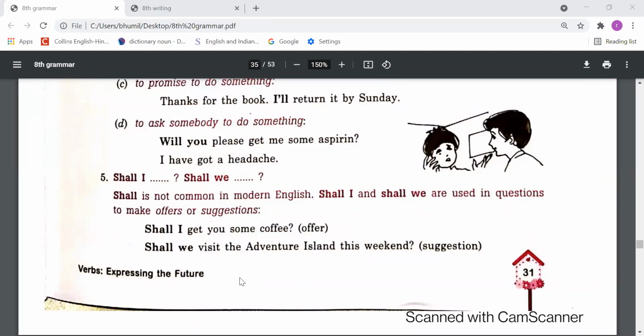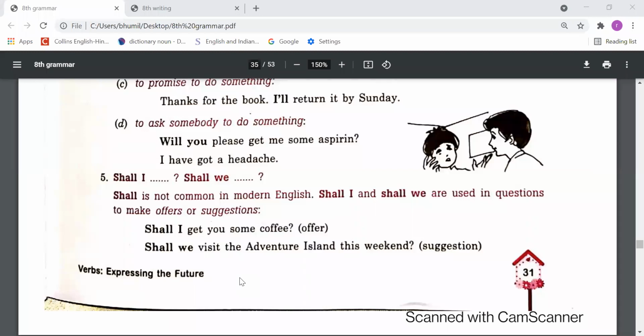So with will or shall, we need to use the root form. Now we need to understand we have two auxiliary verbs. One is will and the second is shall. So we should use that. In these days we don't use shall. Why? Because